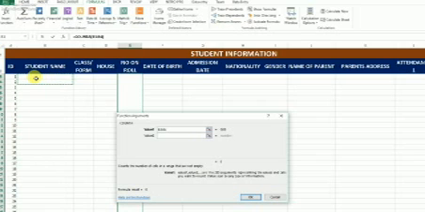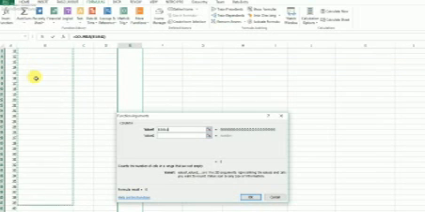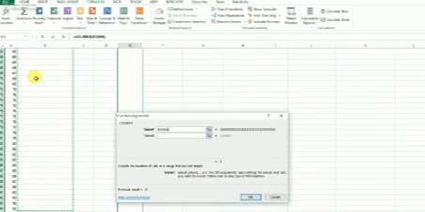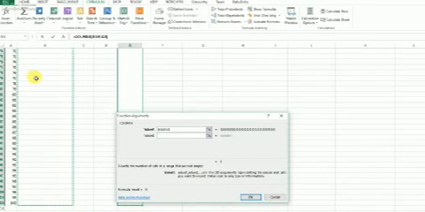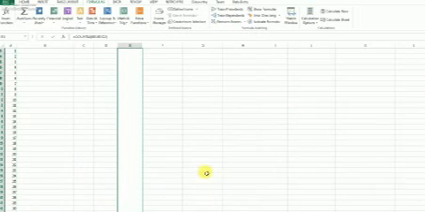So from the first ID, the first one, to the last one, because we are limiting ourselves to 100 people. You select the last one, that's 100. These are the range: B3 to B102. Then you click OK. When you click OK, you drag it down to the last person.